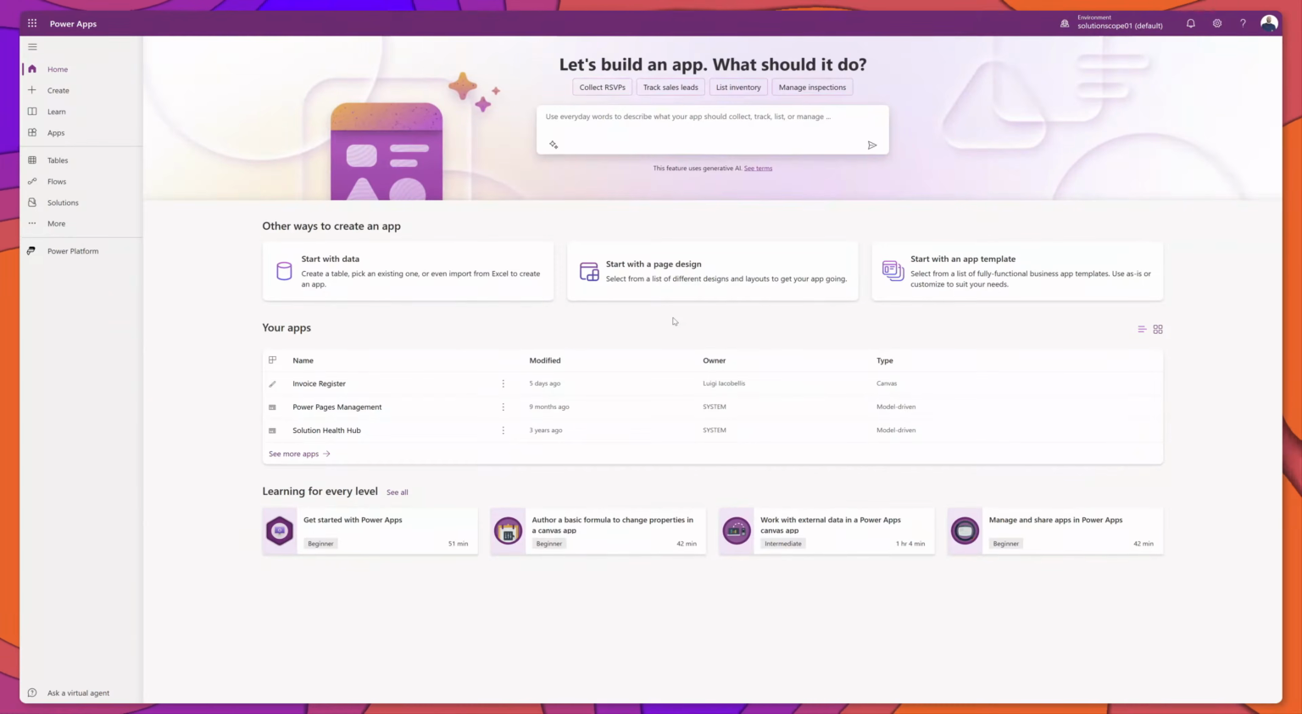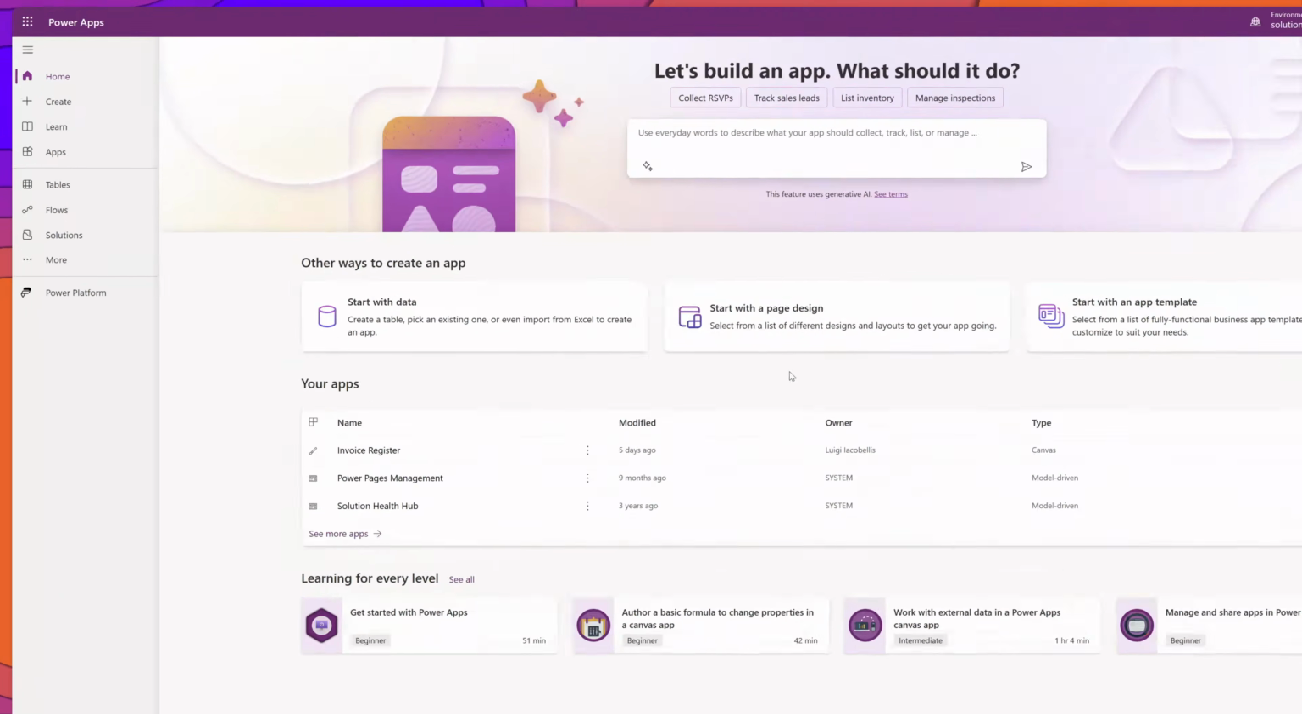In this video, I will demonstrate how you can import data into a DataVerse table. Let's go ahead and get started. To import data into a DataVerse table, the first thing that you want to do is navigate